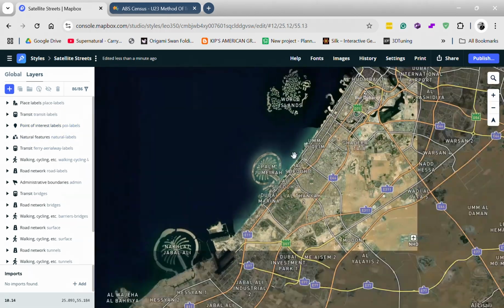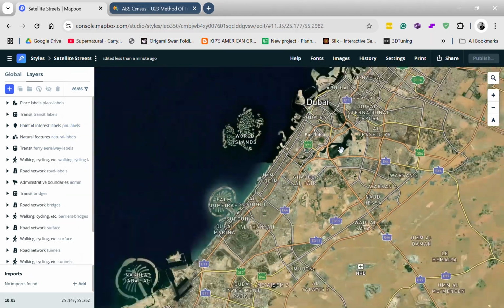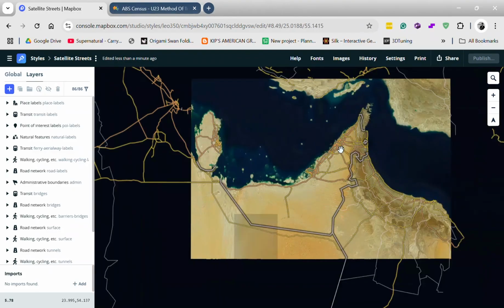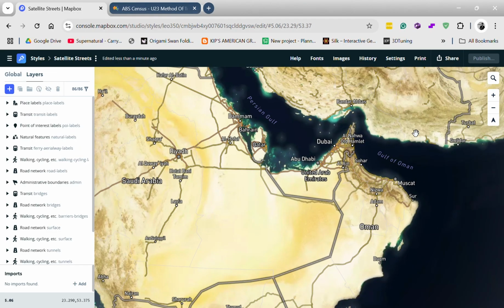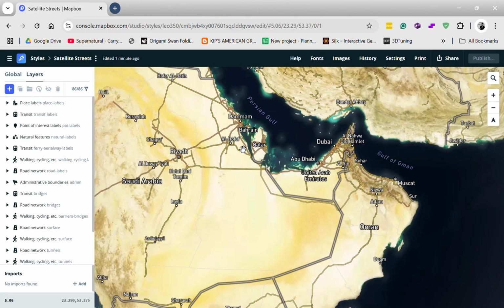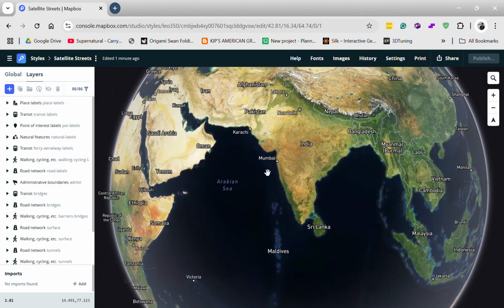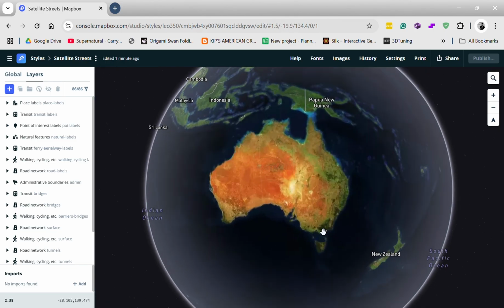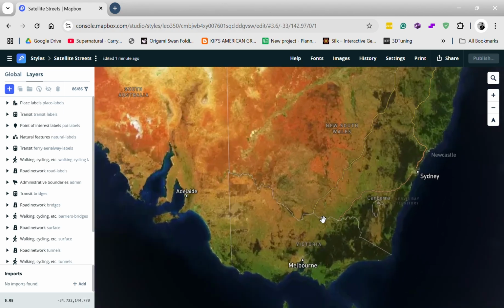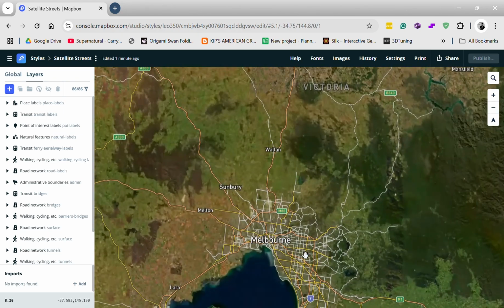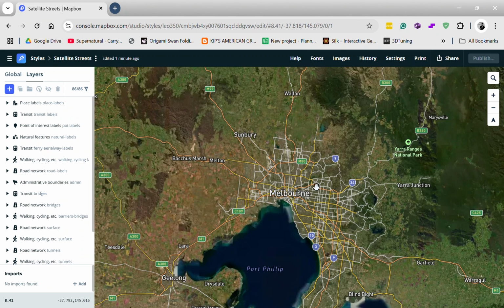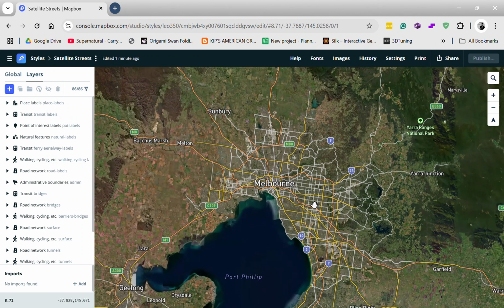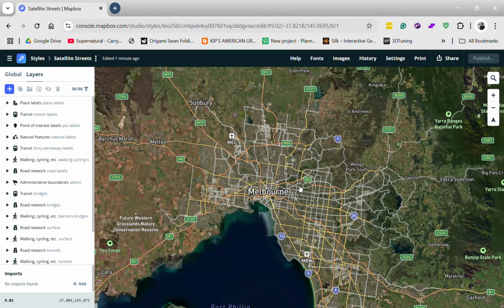It takes us to the zoomed in shot in the world that was currently in Dubai. So your map is essentially created. You want to zoom in or zoom out and then zoom back into your area of focus. So we'll zoom back in all the way to Australia and we'll go to Melbourne. So now that our map is almost ready,